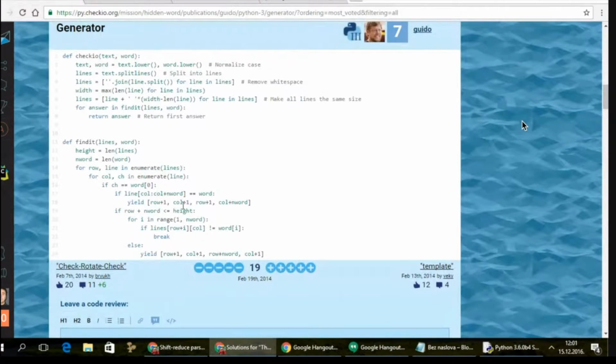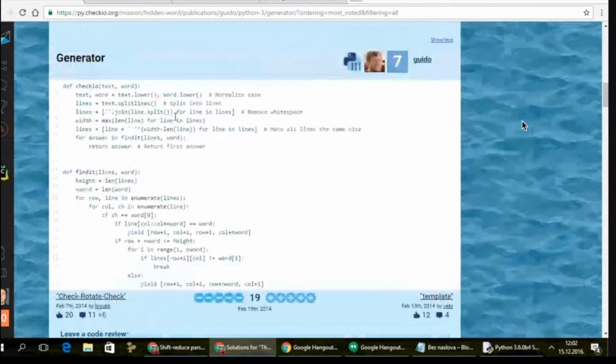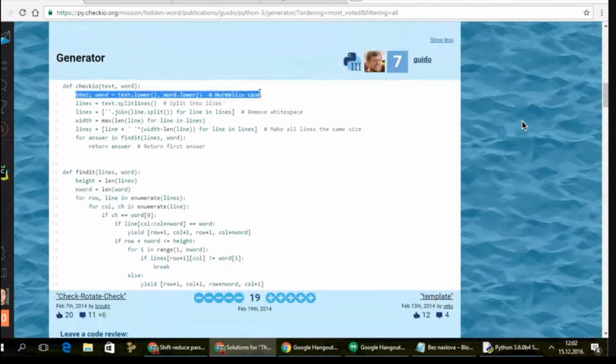Let's look at Guido's, right? Yeah. Okay, so let's see what he wants. Well, at the first line or second line, really,